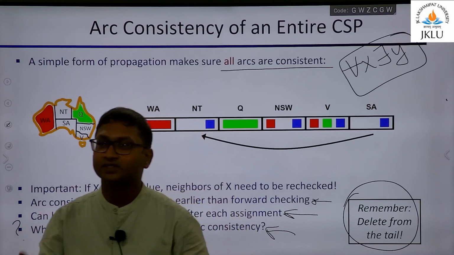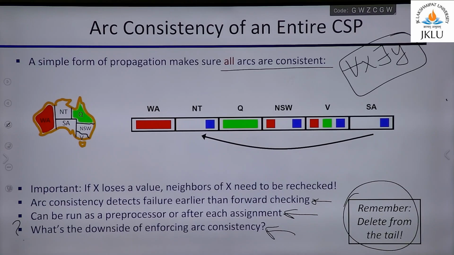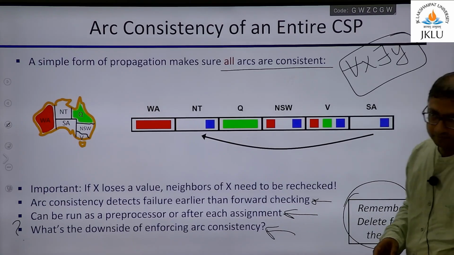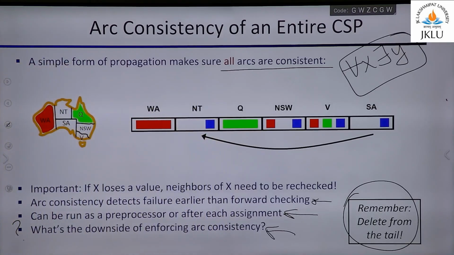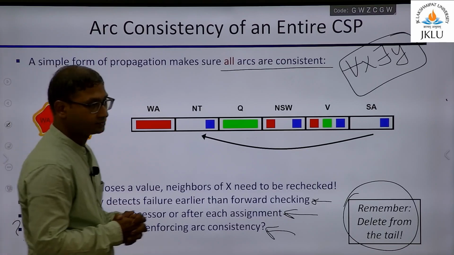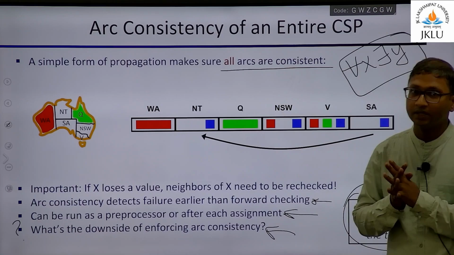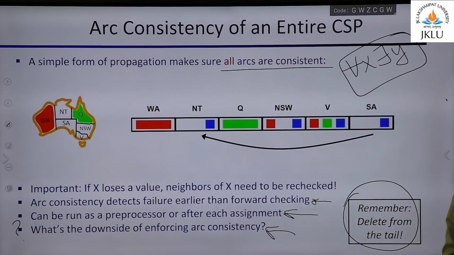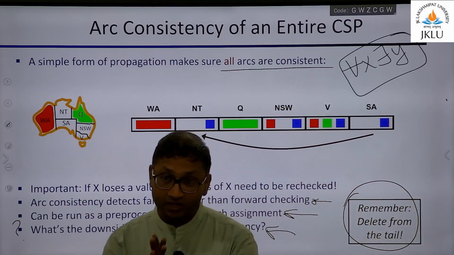Give me the time complexity of arc consistency. At least a rough one. Arc consistency means you will do it for all the arcs. In a graph, how many arcs can be there potentially? Order n square. So at least order n square